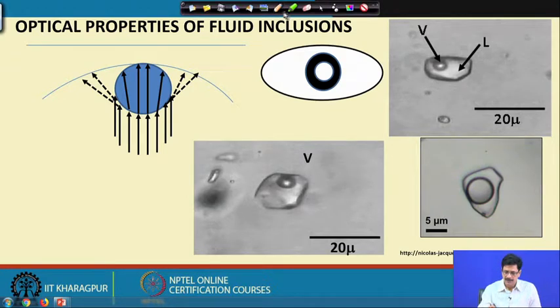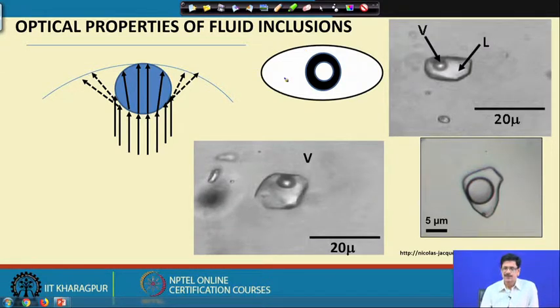We call it biphase because it is present as liquid and vapor, and it is dominantly water. Although we know that this water is not pure water; in most cases it has total dissolved solids, that means soluble salts, mostly chlorides, sometimes bicarbonate, carbonate, sulphate, and so on, of many cations like sodium, potassium, magnesium, calcium, iron, and other cationic species.